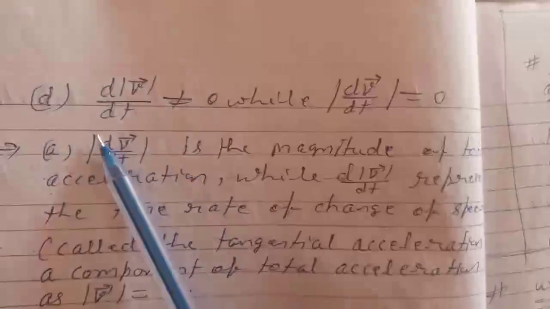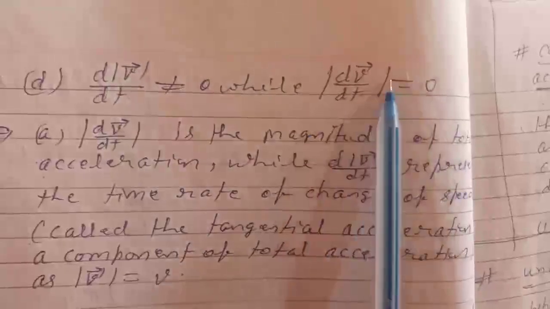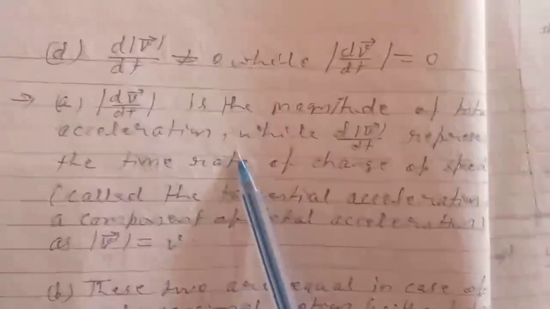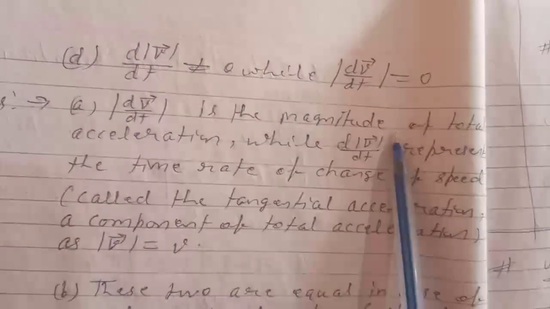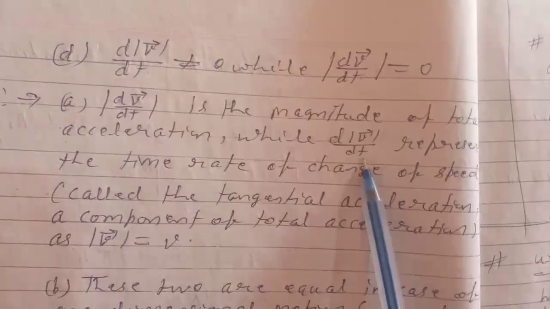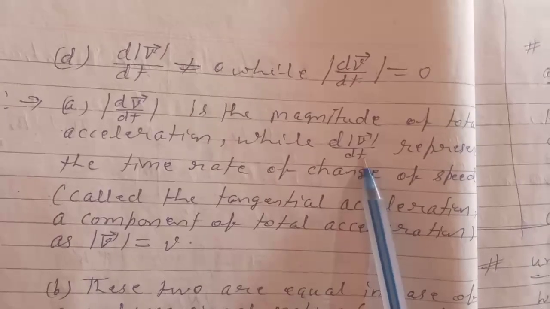B, mode of v d by dt is not equal to 0, while mode of dv by dt equals 0. Answer A. Mode of dv by dt is the magnitude of total acceleration, while d by dt of mode of v